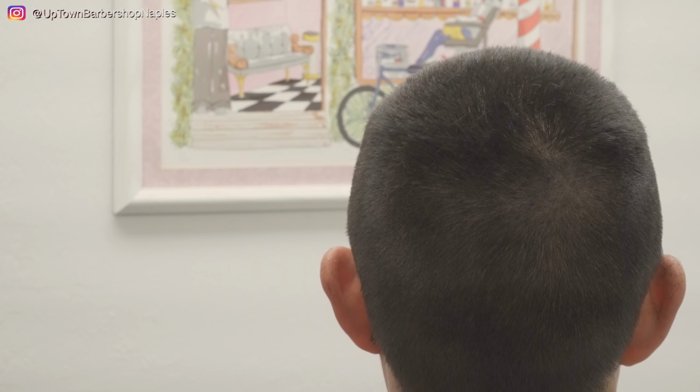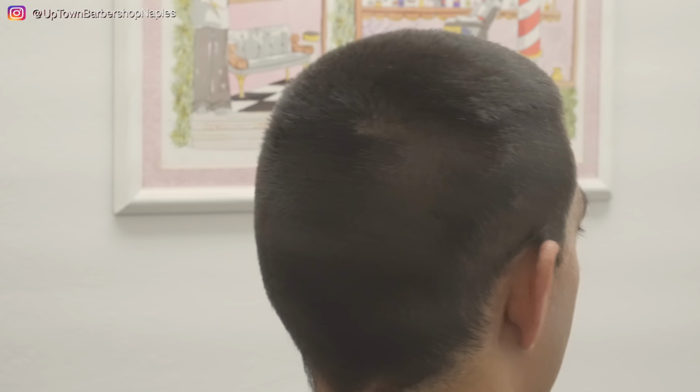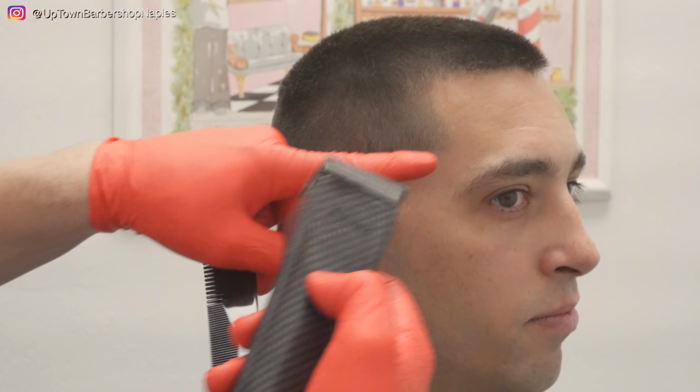And I'm sure that you guys would know that normally I do clipper over comb for this, but I actually won't today because I'll just show you guys how to do it without it. So blending a 2 to a 4, actually gonna be pretty easy. Next, I'm gonna put my 5-0 on. And I'm gonna put in my skin line. I'm gonna go up right to about the corner